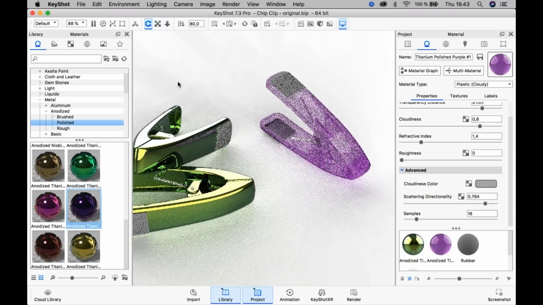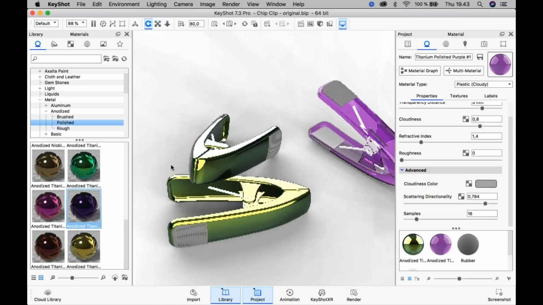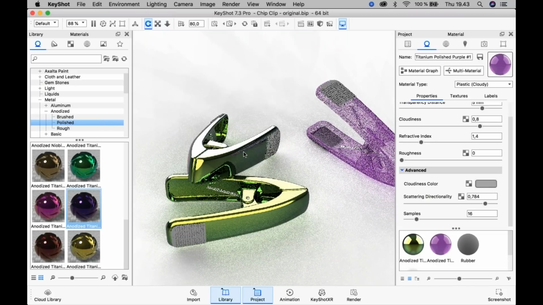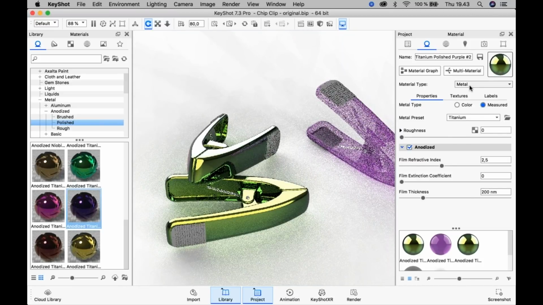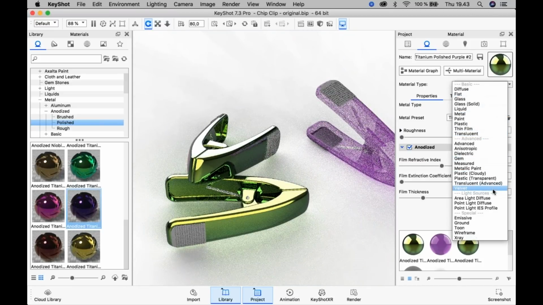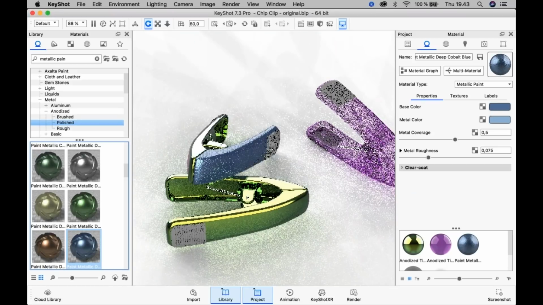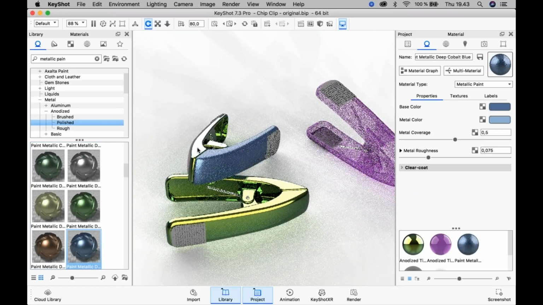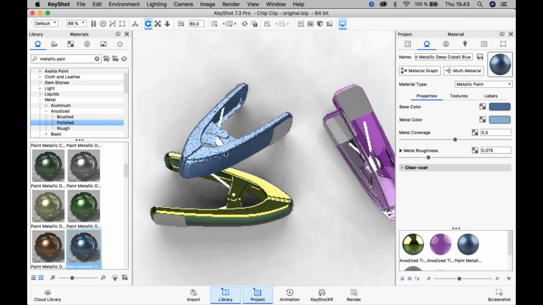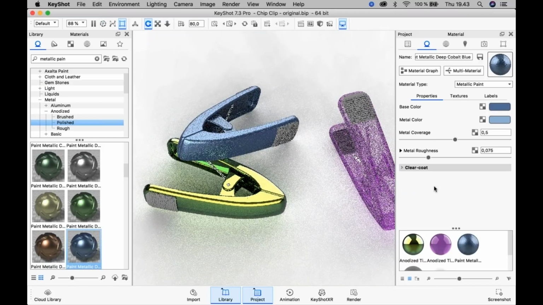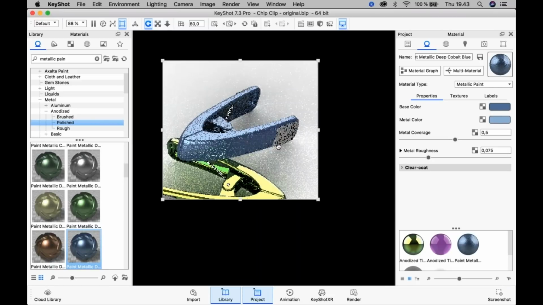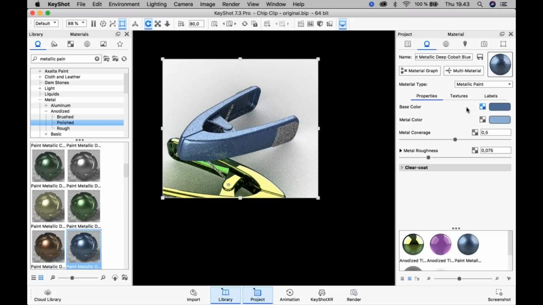So next up is metallic paint, and again I'm going to right click here on the clip, choose unlink material, double click and change this to metallic paint. Or maybe I will just look into the library and search for metallic paint and pick maybe this blue one. And again, shift left click, shift right click to copy paste the material. And again, I will use a render region. I double click on the material, and